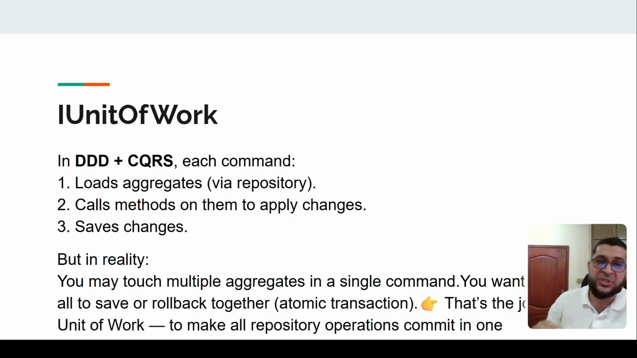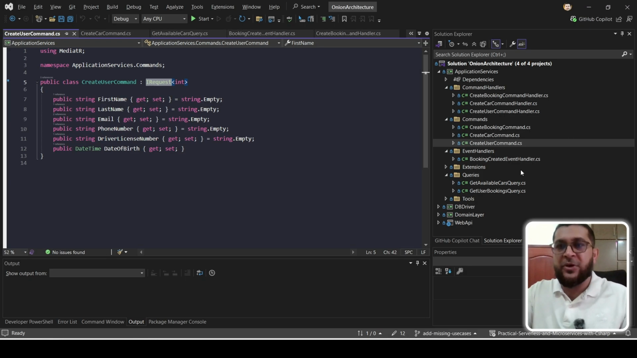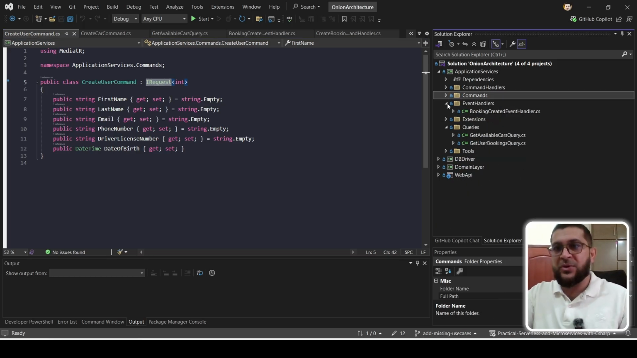You want them all to save or roll back together. Like for the transaction, if we deal with multiple commands, to make this an atomic transaction we will use the unit of work. The job of the unit of work is to make all the repository operations happen in a single transaction. If I go back to the code,